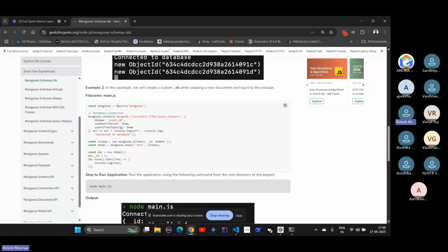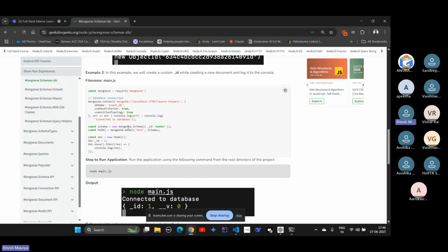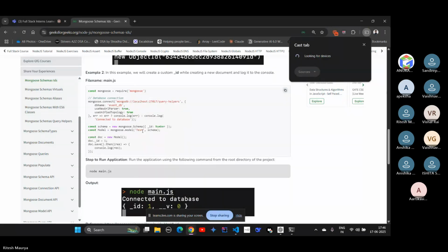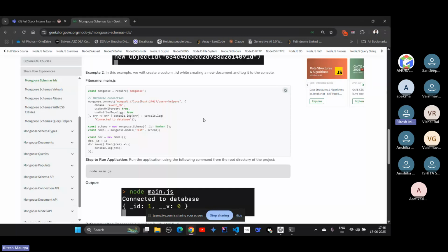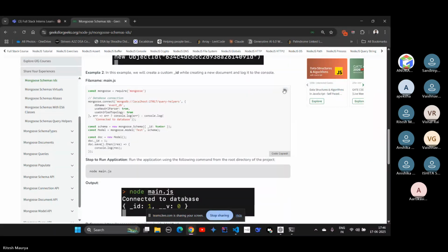So we have required our mongoose and we have the connection string. So we have connected to our database and then we have created our schema for IDs, and we have created our test model, and then we are having the doc model. Let's just copy this code. Copied, and let me open my